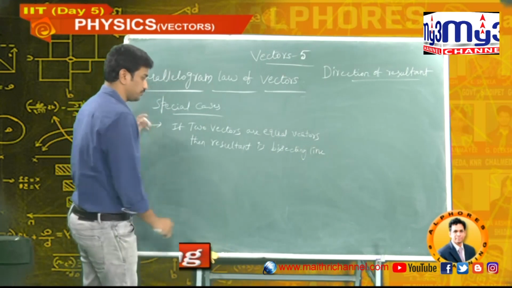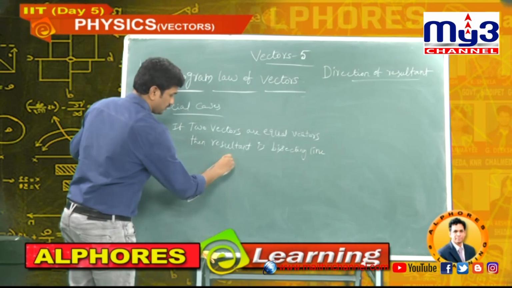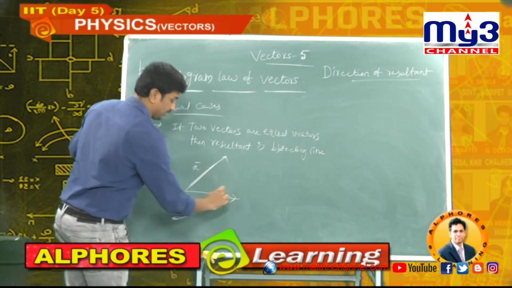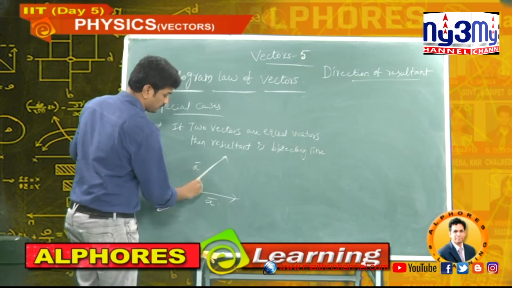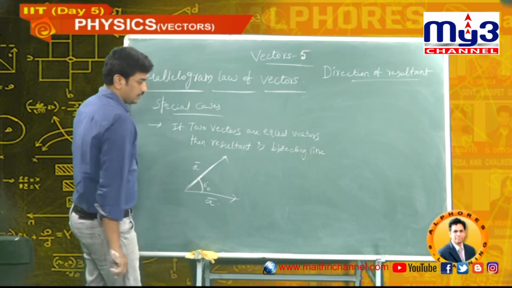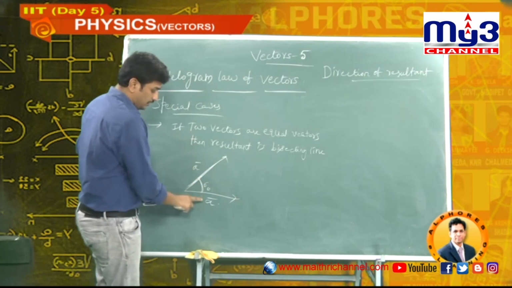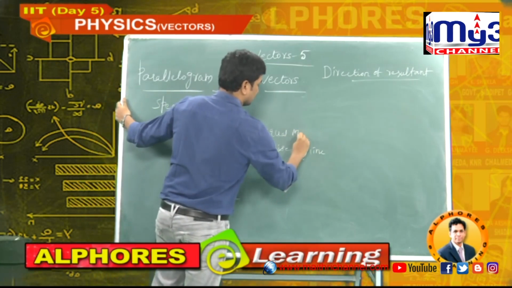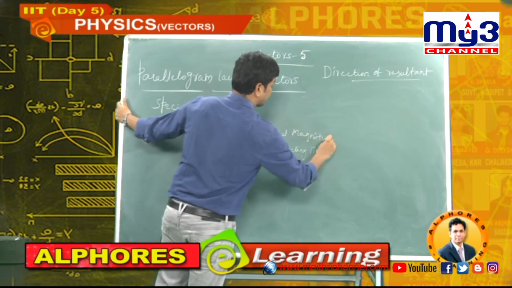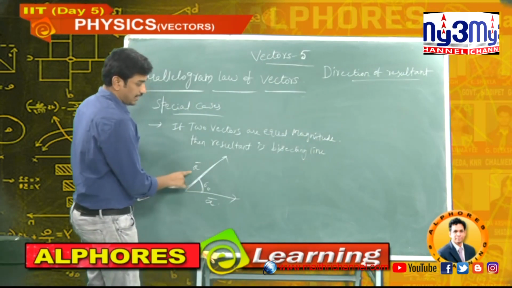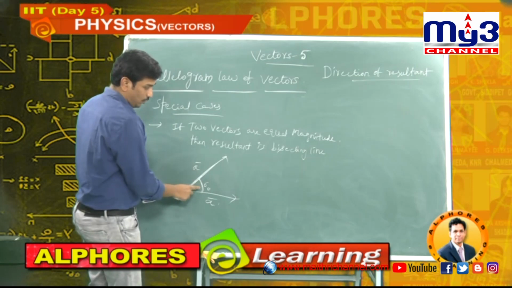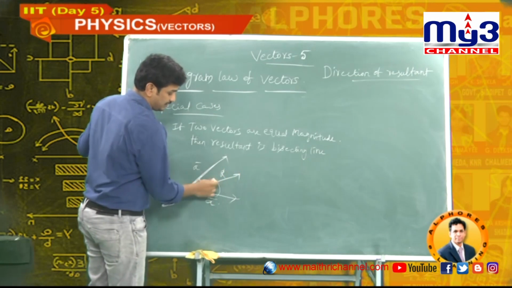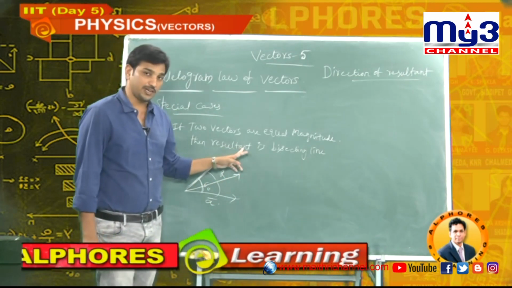Can I prove this? See here. It's also A, it's also A. Both are equal. Angle, suppose 60. According to this statement, two equal vectors? No, equal magnitude. Two are having equal magnitude because the direction is different. Now the angle is 60, where is the location of the resultant? Exactly the bisecting line. This is 30, this is 30. That's the meaning of the statement.